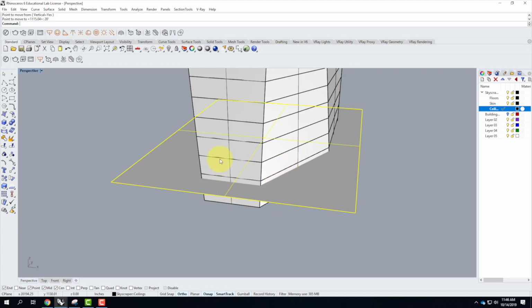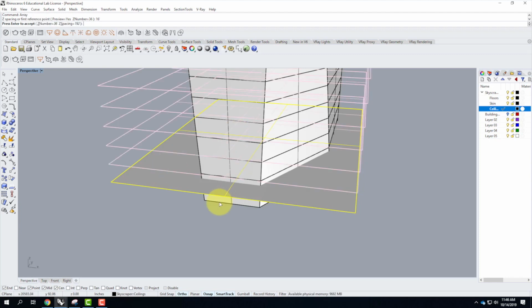So if I went up 16 feet, I'd be 4 feet below, going all the way up. So I'm going to go ahead and do that array again. Number in the x direction would be 1, number in the y direction is 1, number in the z direction is 36, and my z spacing is again 16 feet. I'll go ahead and hit enter, and I should be able to preview this